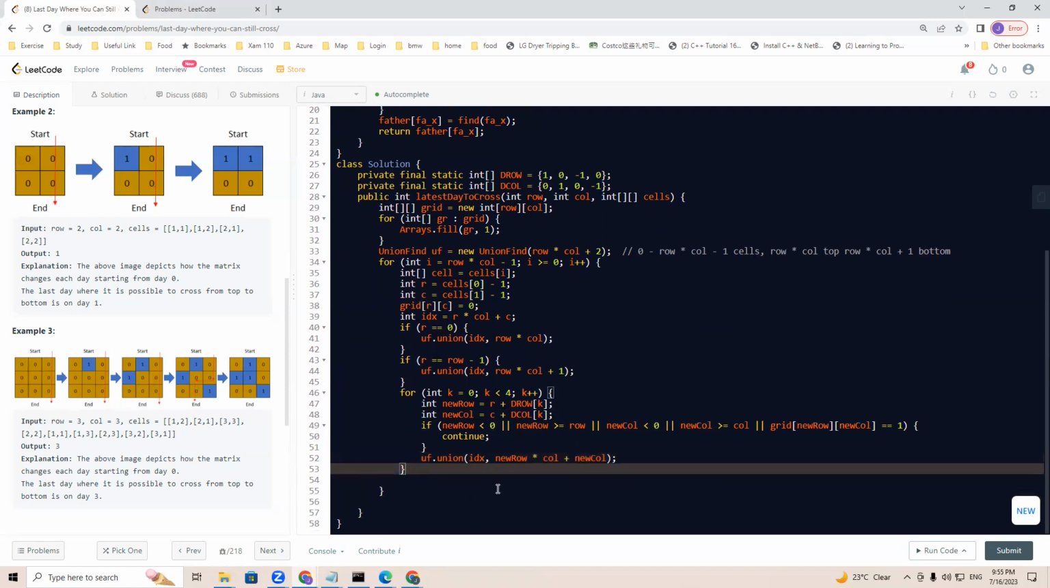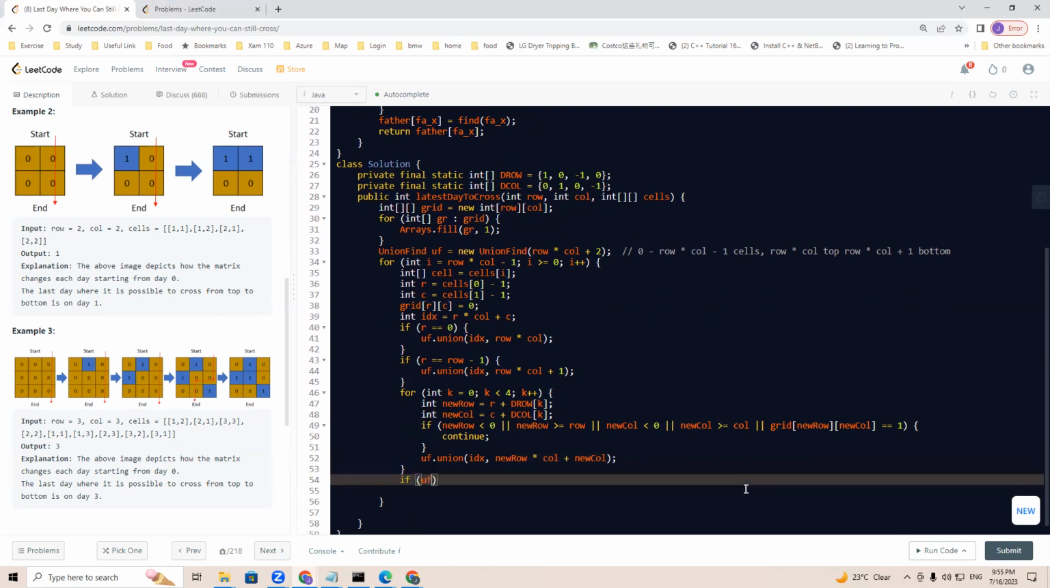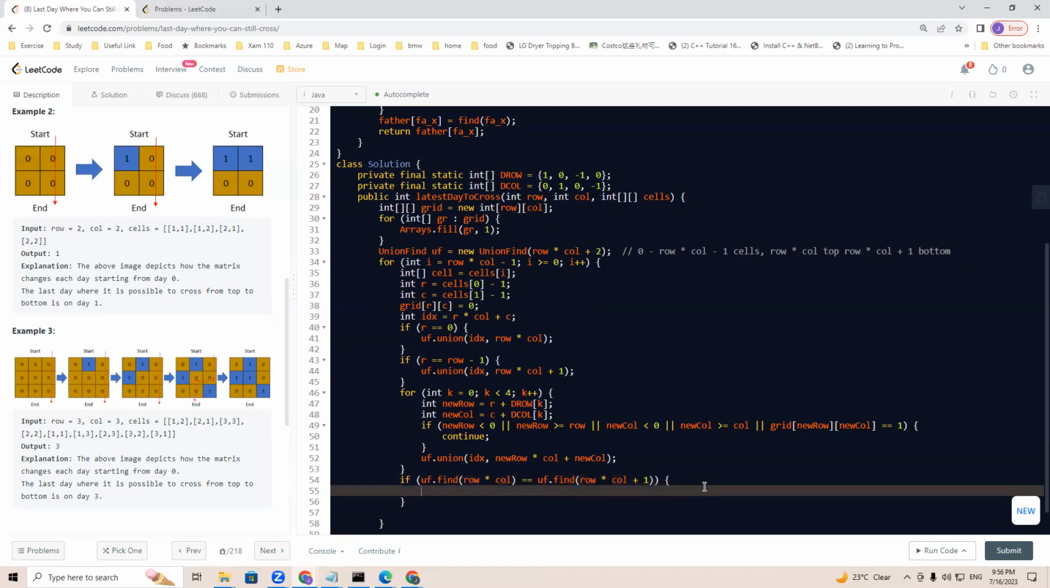So after every time we do this kind of check, let's say if UF find the top, which is row multiplied by column, equals UF find the bottom, which is row multiplied by column plus 1, right? It means they're connected. Then we'll say